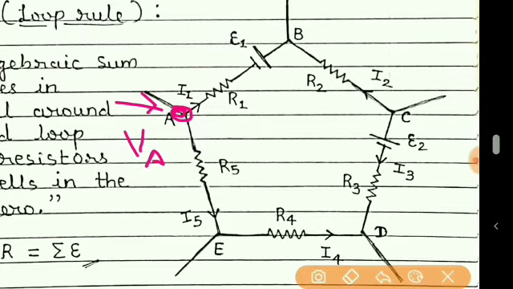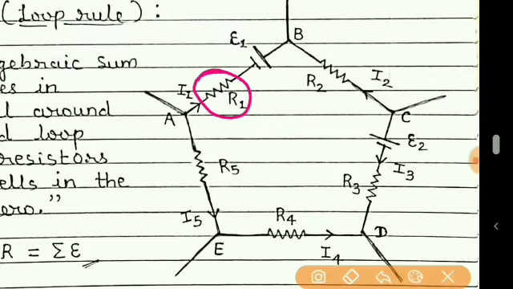So starting from point A, if we are moving in this direction, that is in the direction of current, you can see current is also in the same direction. We are moving in this direction and current is also in the same direction. So in such case, what happens